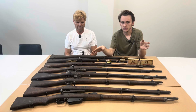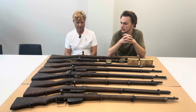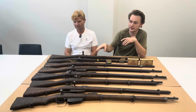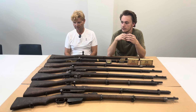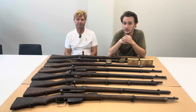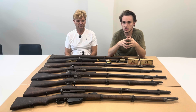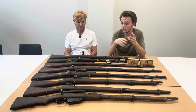Again, tons of history with these. You'll see all sorts of different arsenals, all sorts of different markings. You'll see, like this one has an AOI stamp, which means that it was used by the Italians in the invasion of Ethiopia. You'll see them with Ethiopian police stamps. You'll see any of these models with Ethiopian police stamps sometimes. There's just so much history and implementation by tons of different countries with all of these rifles that you see